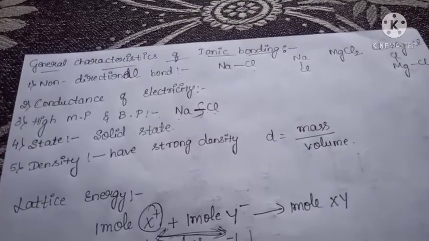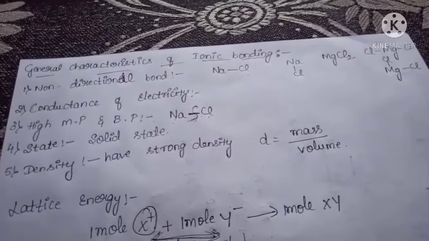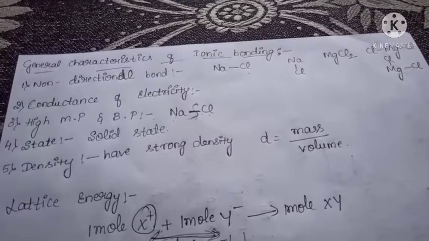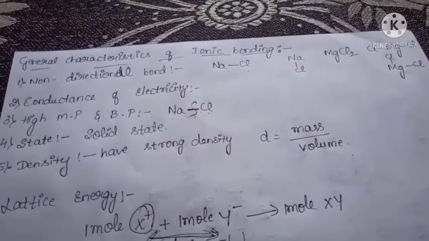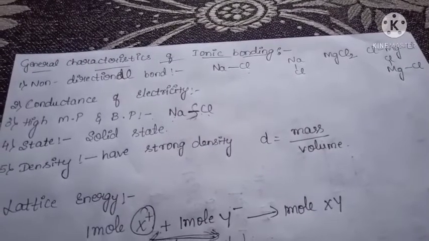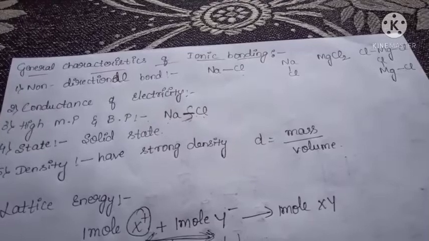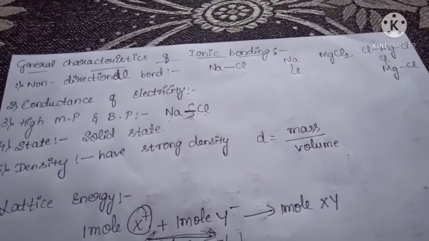It is called an ionic bonding. And a covalent bond is when the atoms share an equal number of electrons. That is called a covalent bonding. And lastly, the coordinate bond: if an atom donates a pair of electrons and that electron pair is present in between two atoms, that is called a coordinate bond.